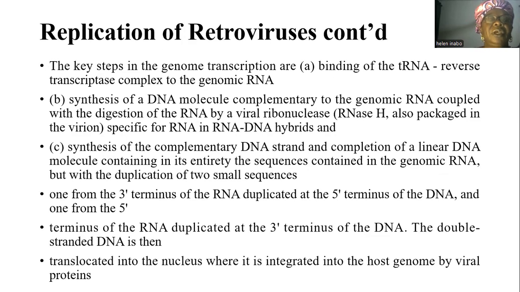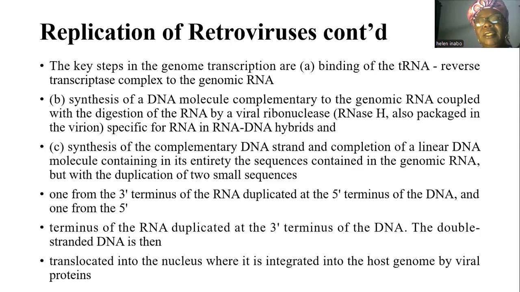The key steps in the genomic transcription include the transfer RNAs and also the synthesis of a DNA molecule, which is complementary to the genomic RNA, the digestion of the RNA by a viral ribonuclease, actually RNase H, also packaged in the virion, which is specific for RNA in RNA-DNA hybrids. And then the third step is the synthesis of the complementary DNA strand and completion of a linear DNA